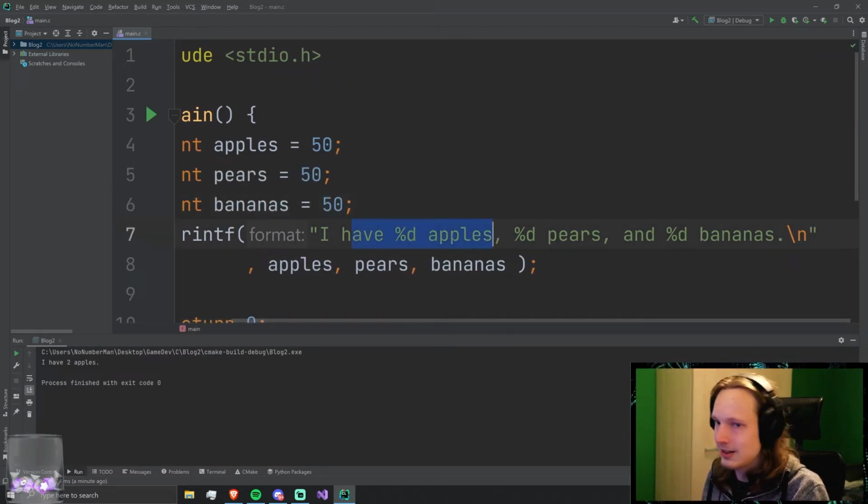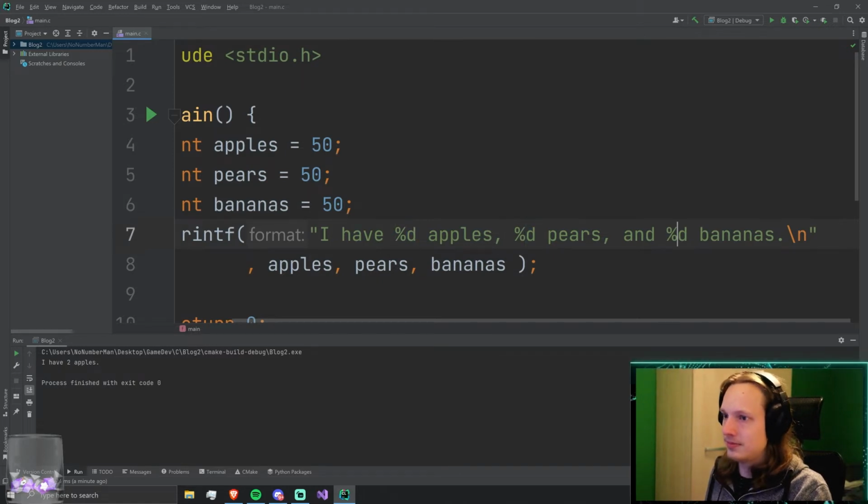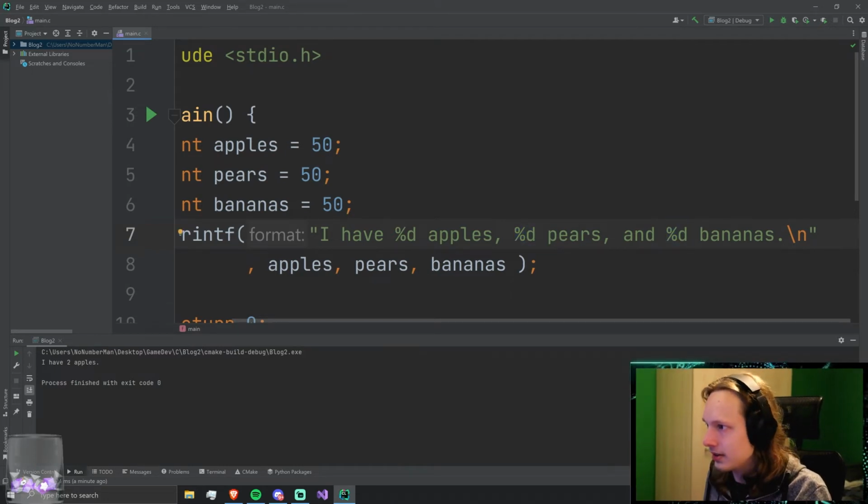We can have 3 specifiers for a special value in this string. You have 3 of them, and then as long as we provide these 3 values, we're totally fine.